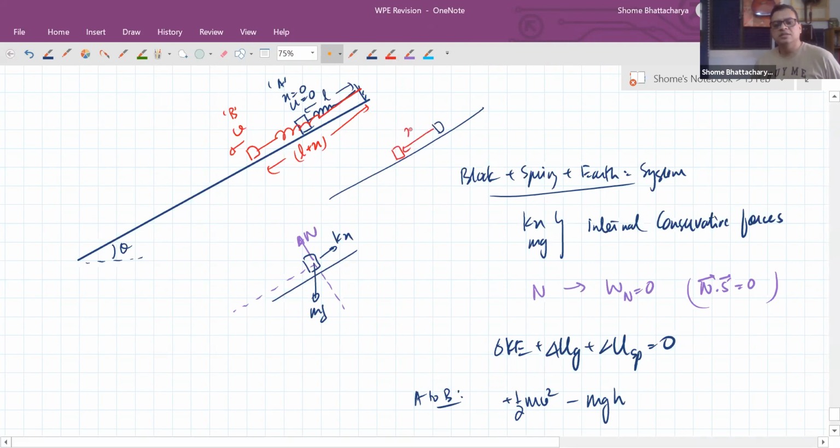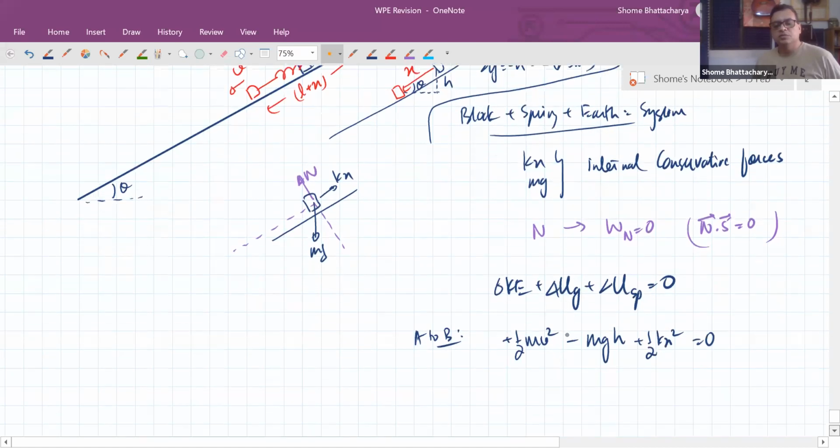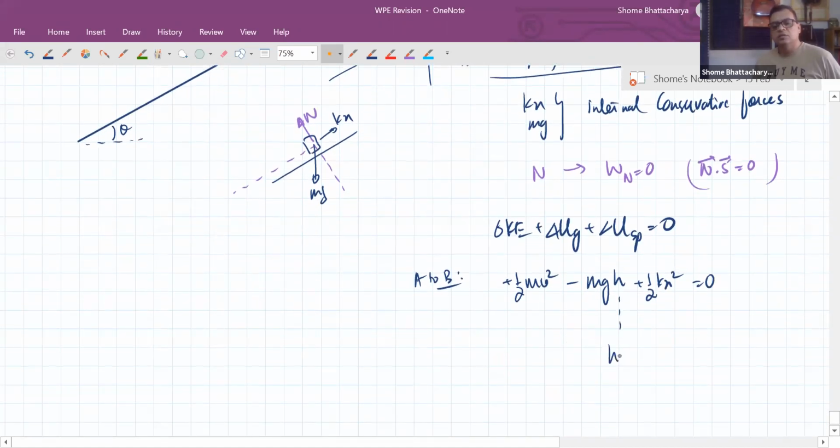This displacement is x. So the block is having a vertical component of displacement of h downwards. So delta y is minus h, which will become minus x sine theta. So we'll use that over here. Plus the spring's potential energy is becoming half kx square. Initially it was 0. So we have this relation. So substituting the value of h here as x sine theta, we'll have